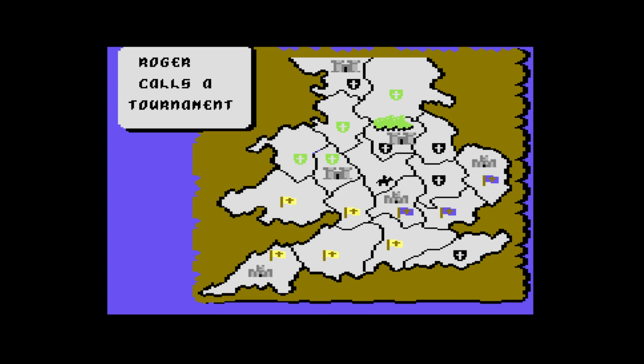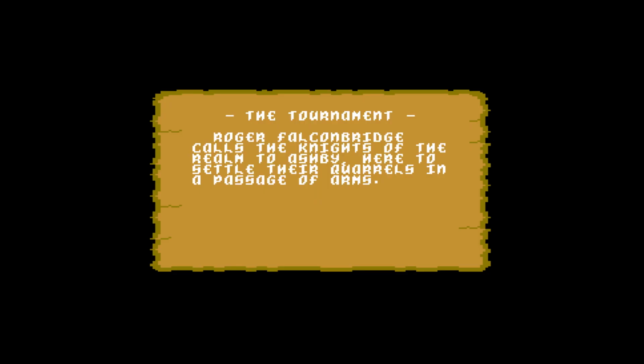Oh, Roger calls a tournament. So this is another one of the options. I would fight for land, but I'm not very good at the jousting, so we'll just go for fame. I forget who's bad at jousting. I wish I knew. Is Wolfric good at jousting? We'll joust with Philip, I guess. I don't know. I can't remember who's...